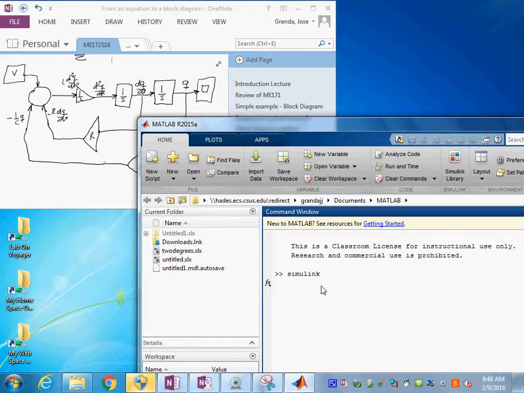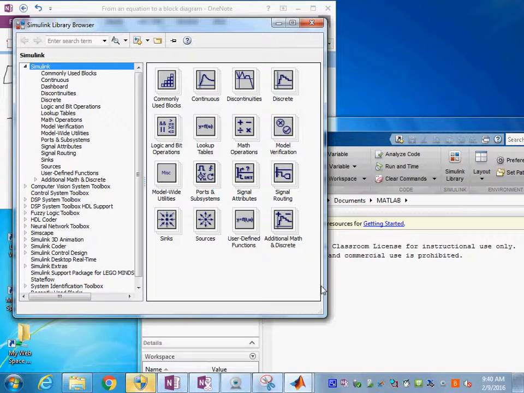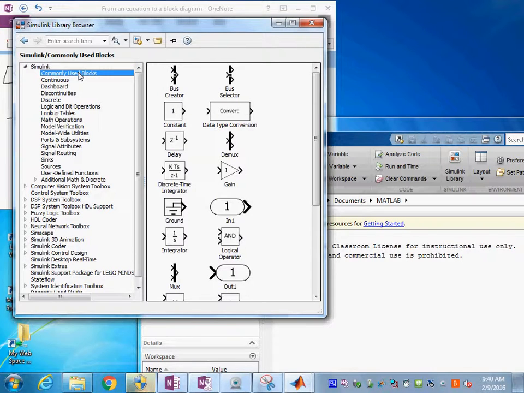So what I would like to do is, we say commonly used blocks. I'll just transfer the elements that I need. This is just my style. I think you could do it one at a time and keep building it. But I like to bring all the things that I'm going to need for now, and then accommodate them in the